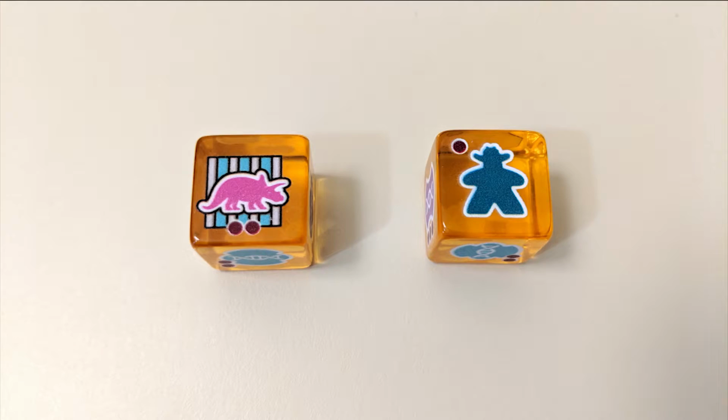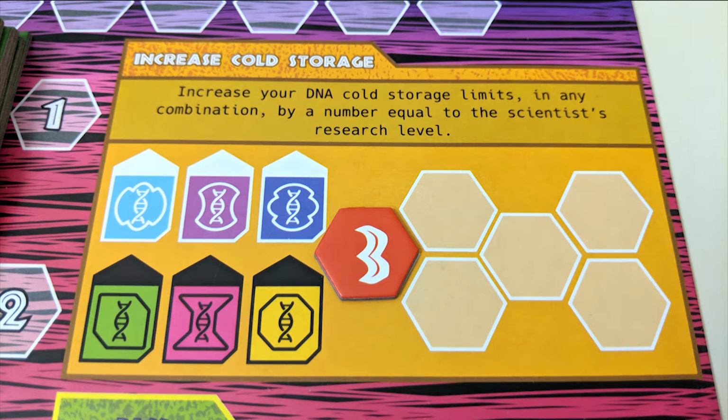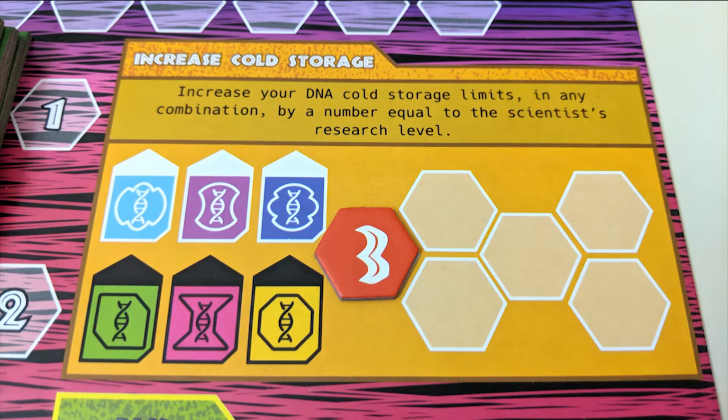point is lost. There are also 2 special die faces that allow you to upgrade your dinosaur paddock capacity and gain an extra worker respectively. These require a level 3 scientist and don't work as multipliers the way the DNA sides do. Another place you can put a scientist is here to increase your cold storage and allow you to hold more DNA. You can raise 1 or more of your black cubes up on your DNA tracks, once for each level